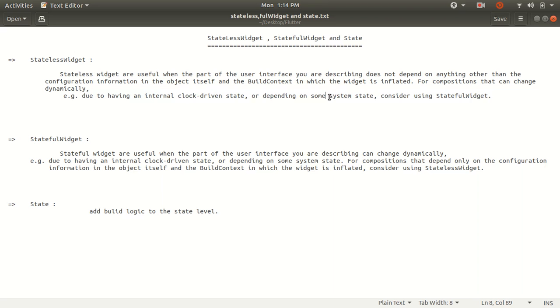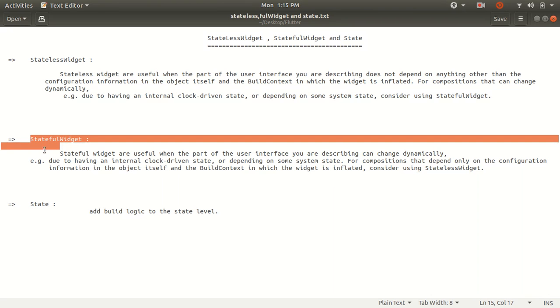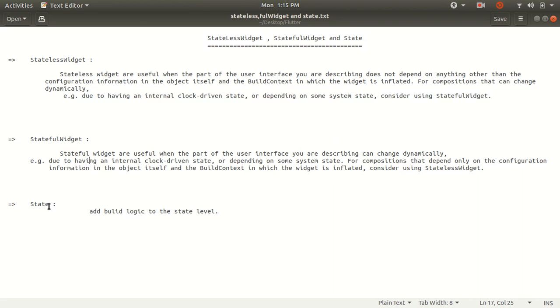So the stateful widget is very important. Stateful widgets are useful when the interface you are describing can change dynamically, meaning you are changing the text inside your UI or you are adding some values and that kind of stuff. Then the stateful widget is important because a stateful widget has one more class, State, which can add logic at the state level. Meaning after adding some data, if some action is performed,